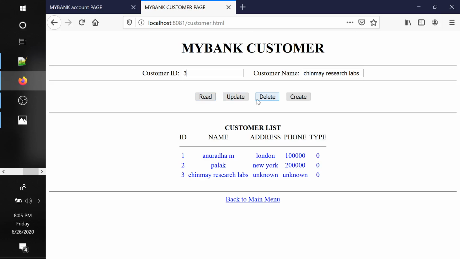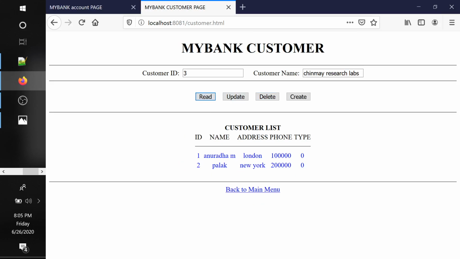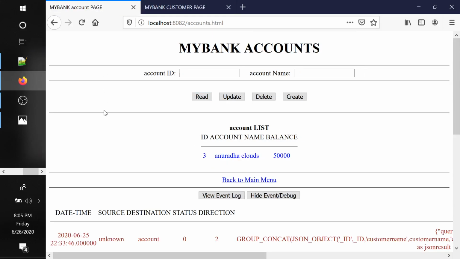So let us delete this third record and let us read. So now we have 2 queries fired. One was the delete query and one was the select query. So now let us go back to accounts system and click on view event log and see.